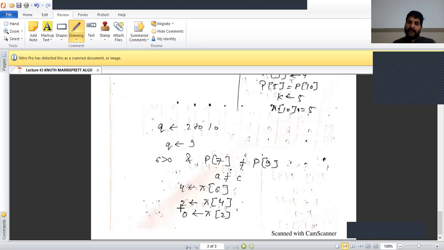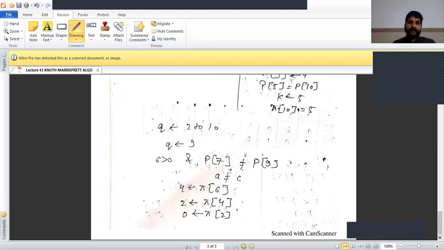Next, k value equal to 2. So next we check 2 greater than 0 condition, and p3 equal to p9, condition false, not equal, so while loop condition is true. Then pi 2 equal to 0. Now k greater than 0, but here the value of k equal to 0, so condition is false.